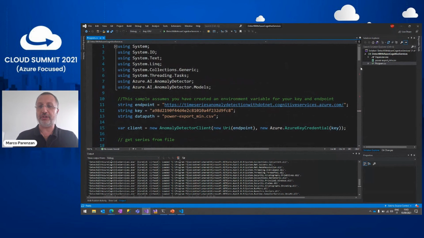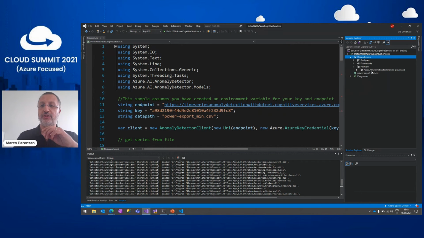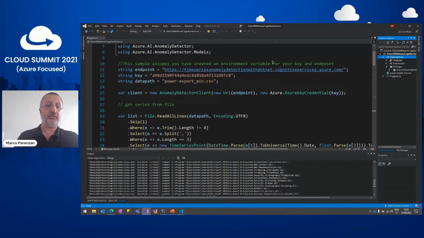This is .NET Core code inside Visual Studio, in which I have a package that you see, it is Azure AI Anomaly Detector. So you write a console application, or then, as I told you, you can wrap this code inside an Azure function, for example, and you just add these few lines of code.